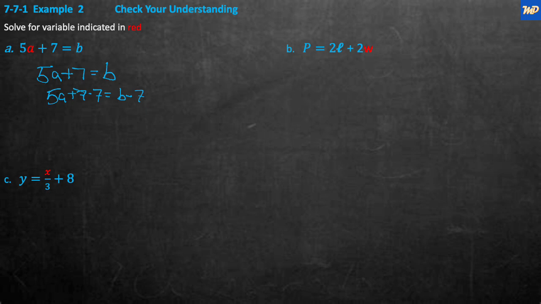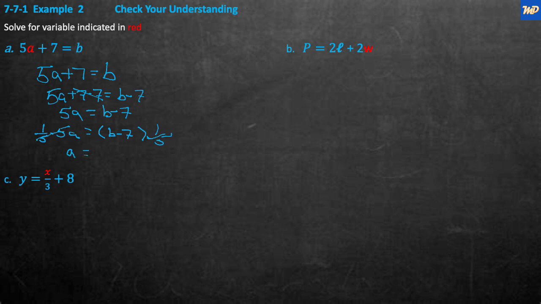Now that we have that, the 7's cancel. We have 5a equals b minus 7. So now we have a 5a, so we have to get rid of the 5 to get the a by itself. So we're going to multiply by the multiplicative inverse of 5, which is 1 over 5. So 1 over 5 times 5a is equal to the whole quantity b minus 7